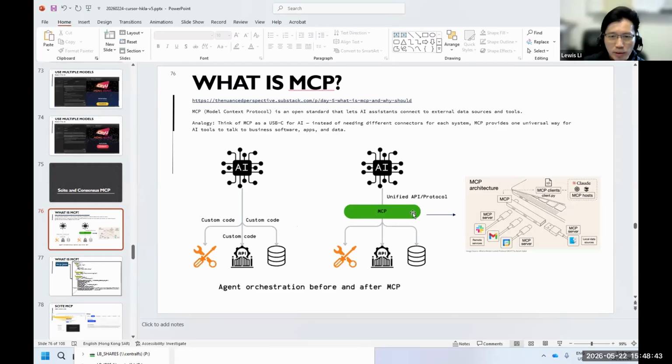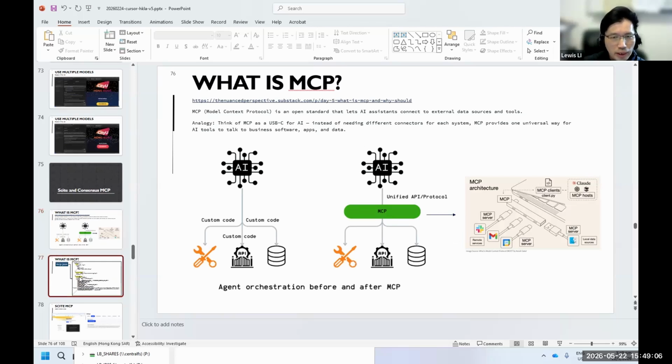And now we have MCP, a standard interface, just like USB Type-C, that you can connect to different devices. So you no longer need to write different code for different applications. You only have to do some setup in one interface,